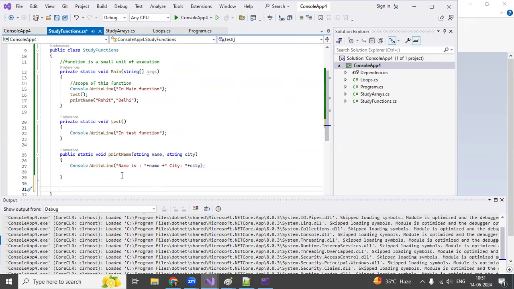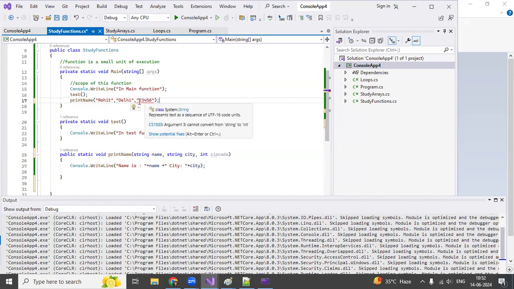Now suppose here I am giving zip code. I am declaring zip code as integer, and here I am passing 2 3 4 5 6. Now it will give an error. That is because the first two are strings. Is that right? So you have to declare another print name int? No, no, I have just